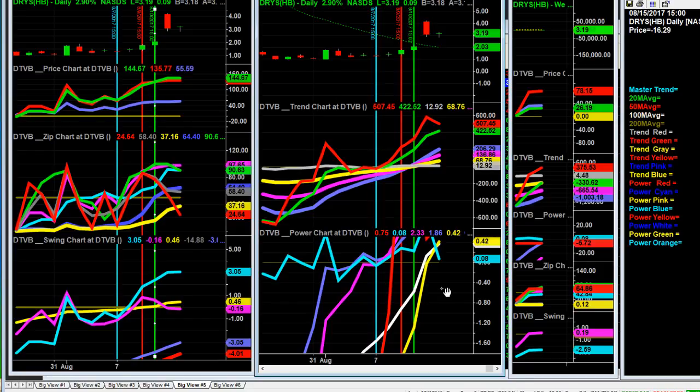We also can get divergence with power Zion underneath orange and the power 4 above orange. And when we have both location divergence and directional divergence, that gives us significant